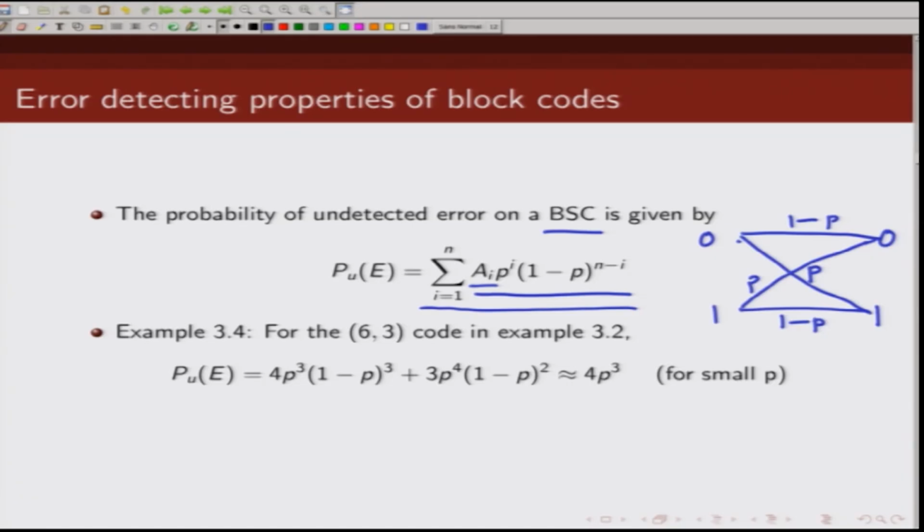So, for the example that I have considered, I know the weight distribution. So, if I plug that in here, what I get is: there were 4 code words with weight 3. So, this is 4 p raised to power 3, and what was n? n is 6. So, 6 minus i, which is 3 in this case, is 3. So, the first term that I will get is this. The next term